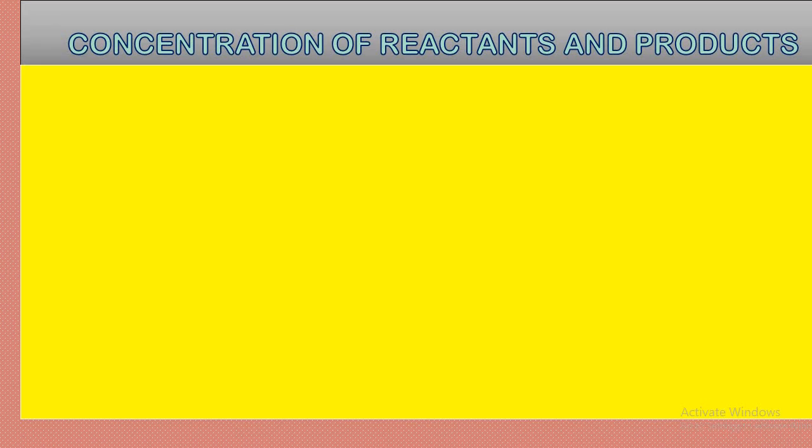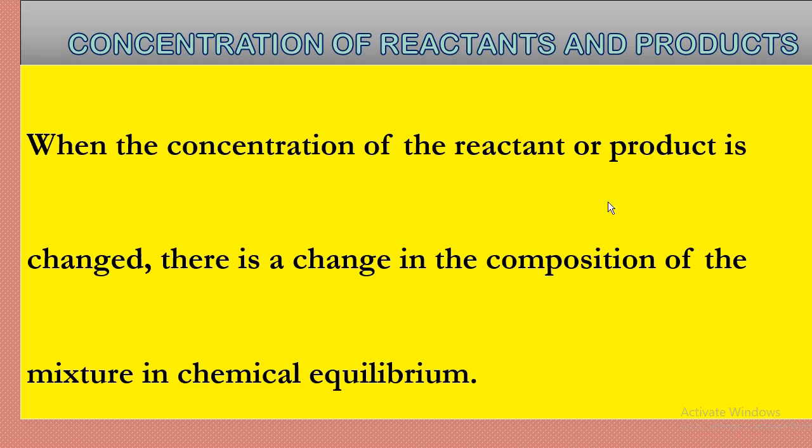Our first condition is concentration of reactant and product. For a chemical reaction, the quantity of reactant and the result, which we call product, is of great importance. If we change the amount of reactant, it will ultimately affect the amount of product, so the overall chemical equilibrium will also be affected. Similarly, if there is a change in the amount of product, the reactant will also be affected and the overall chemical equilibrium will be at decline.